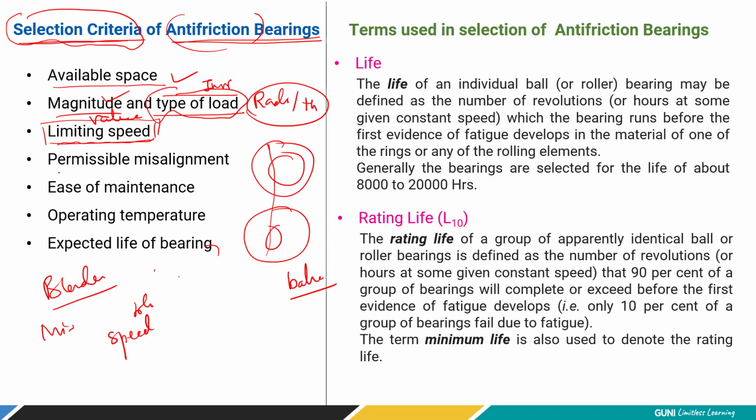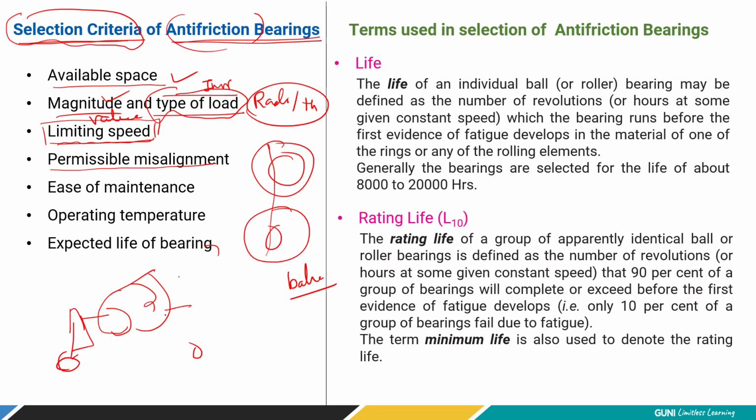Now, the fourth point is permissible misalignment. Let's take the case of cement mixer machines. It rotates like this, having a wheel over here, and there is a drum kind of construction supported over here, okay? Here we simply mix the materials. A batch is, say, two bags of cement or two bags of sand and other things, so that much weight is coming vertically downward. It is around 150 kg, which is too much load.